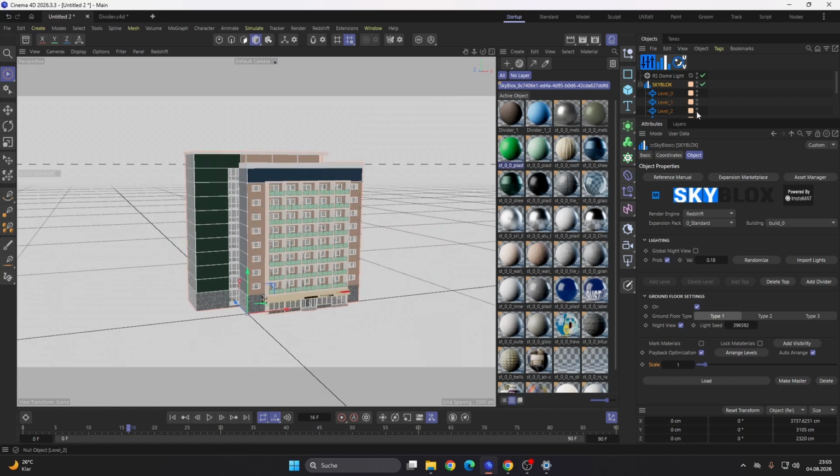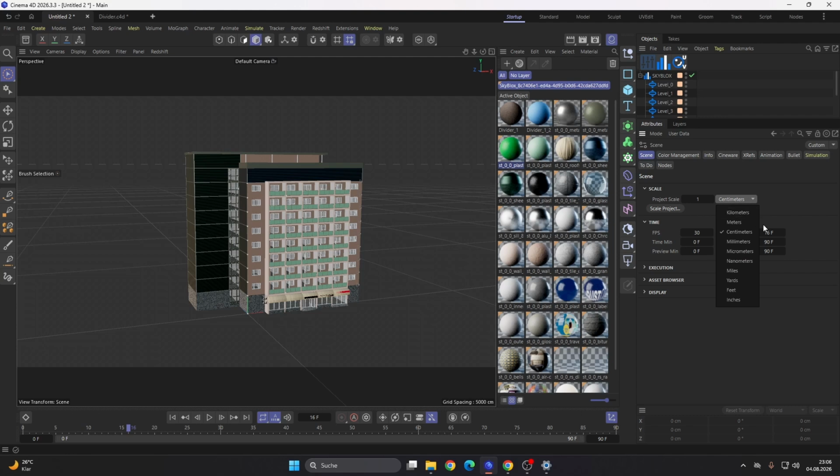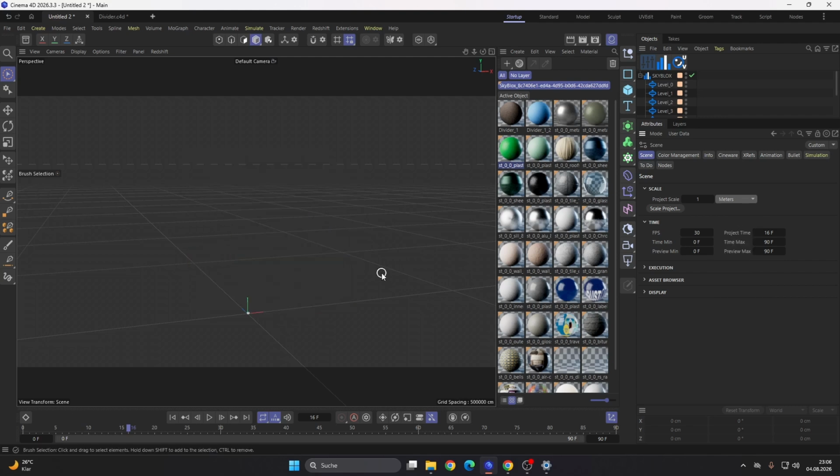Also important to know is if you switch to another project scaling, for instance, you are now in centimeters. Where is it? Scene scale. So you are now in centimeters, and now you simply switch to meters. The plugin automatically calculates the building to its correct size so that it keeps its original dimensions. When you switch to meters, you can see the project is now in meters and the building has the correct size.